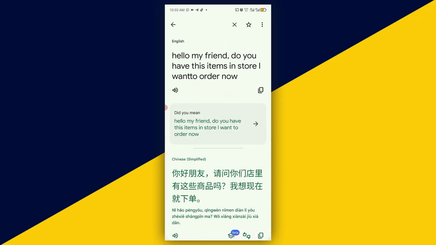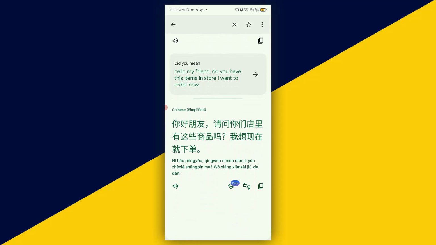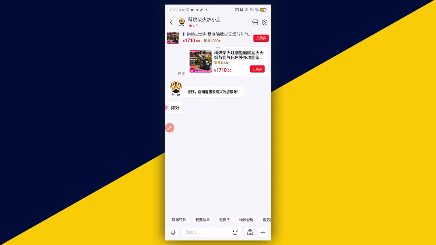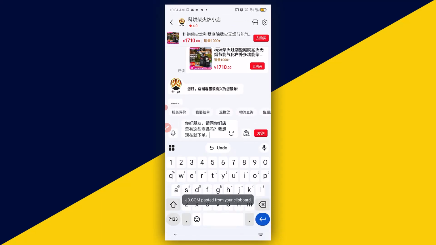Next thing you want to do is to go ahead and make sure you scroll down right here. Go ahead and copy the translation. Then go back to your JD shopping app right here. Click on here. Then click on here, paste your chat and